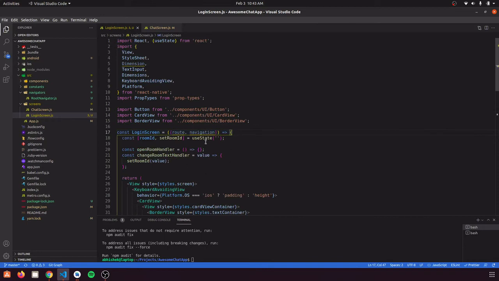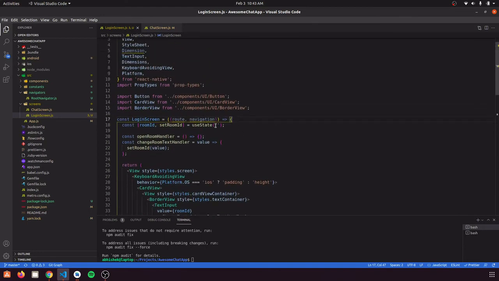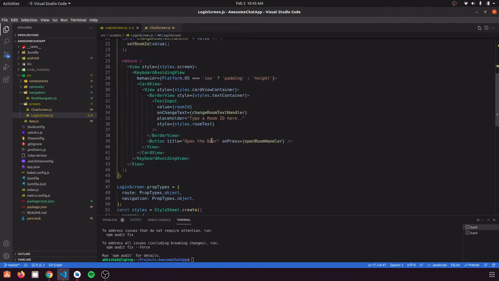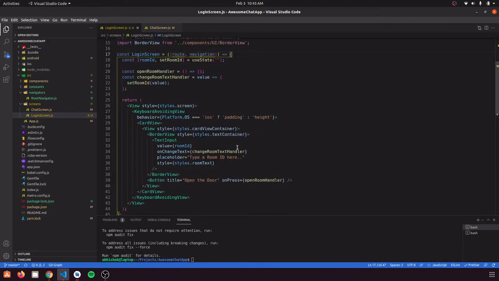So now we have this route and navigation, and now our screens are ready to navigate. So let's just try to run it in our emulator and check if it is all working or not.